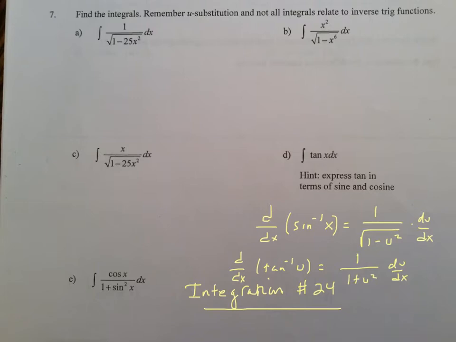25x squared dx. So, well, if I'm going to try to remember U substitution, then I would try U equals 1 minus 25x squared, which means du would be negative 50x dx. Well, that is problematic because of this x variable right here. If it was just negative 50 dx, I'd be fine. I could put in a negative 50, compensate with a negative